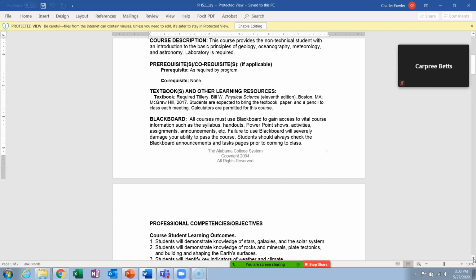And the bookstore had some of those. I assume they still have some, and maybe y'all can make arrangements with Mr. Fitz of how you can get a copy of that book. But it's a McGraw-Hill book. So if you go to McGraw-Hill's website, let's see where McGraw-Hill is. Yeah, here's the symbol for McGraw-Hill. That McGraw-Hill Education is the name of it. It's the 11th edition. It's also on the front somewhere there.